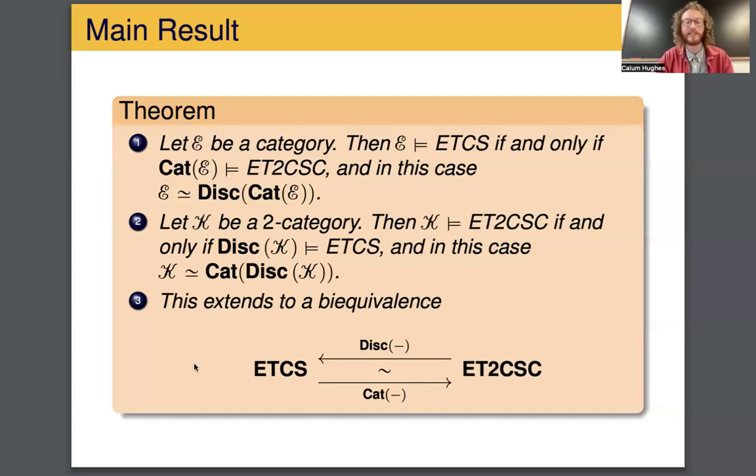And so this extends some results in Burke's thesis as well. This is using another theorem from John. Okay, so it is in this sense that we have categorified ETCS. To the same extent that a category E models the elementary theory of the category of sets, a 2-category K models the elementary theory of the 2-category of small categories. And this is meant to look like the category of small categories.